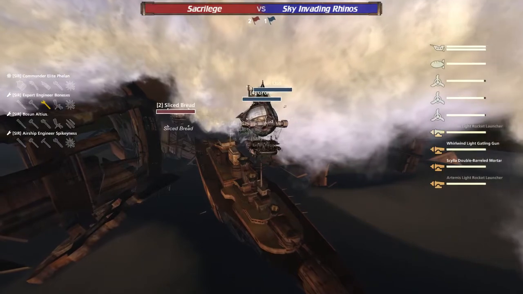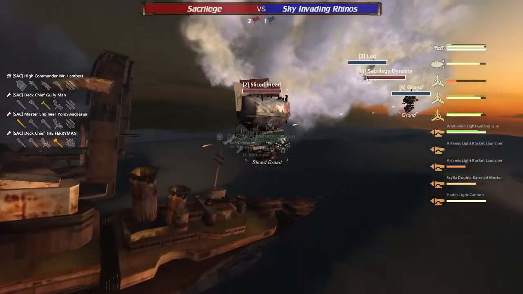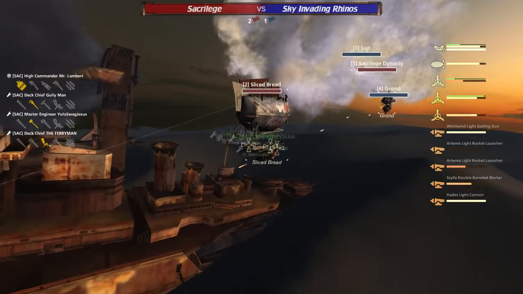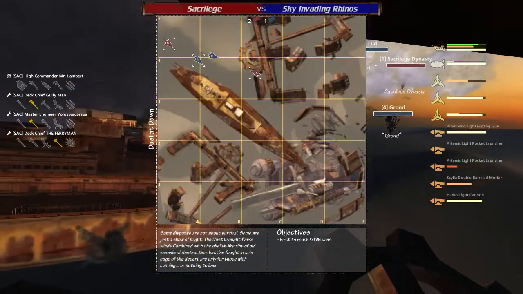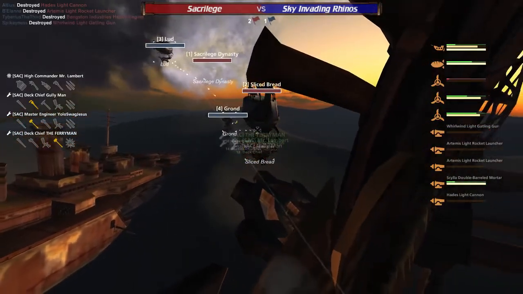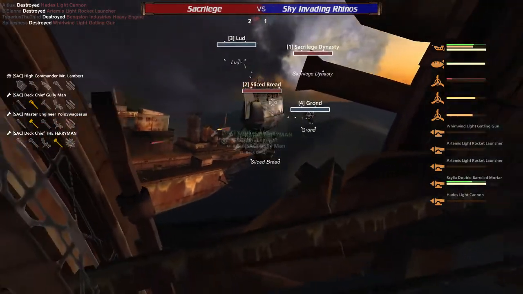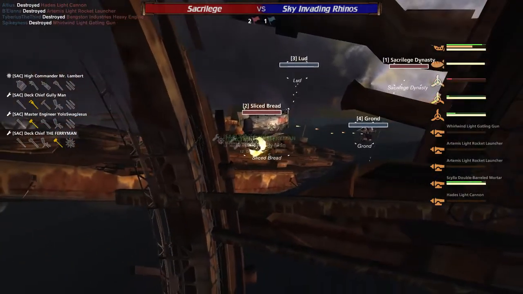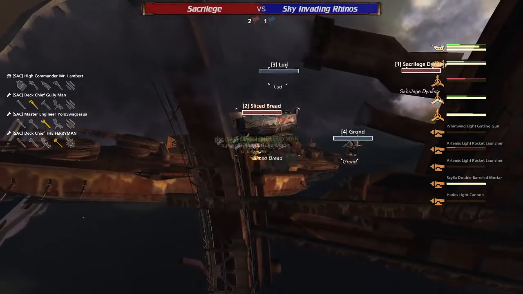now gotten the tables turned on him. He was firing into the back of the Lud there for a little while, but Grund respawned in a very, very optimal position. Oh, but look at Sacrilege Dynasty right behind the Lud and the Grund. If the Sliced Bread can just pull back behind some cover, the Sacrilege Dynasty is going to put some serious hurt on the Grund and the Lud. Yeah, Sliced Bread basically lost almost all of his components here. Grund and Lud pursuing, Sacrilege Dynasty's lumberjack falling shots behind,